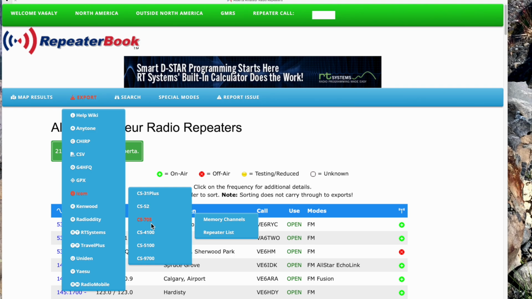And I think it's the repeater list. But the memory channel and repeater lists have a totally different amount of fields. So if you try to load a repeater list into a memory channel, your Icom is going to say, error, restart your radio. In this case, I was interested in downloading the memory channel. I would use a repeater list if I was doing D-Star and saving it in a DV memory. Okay, so